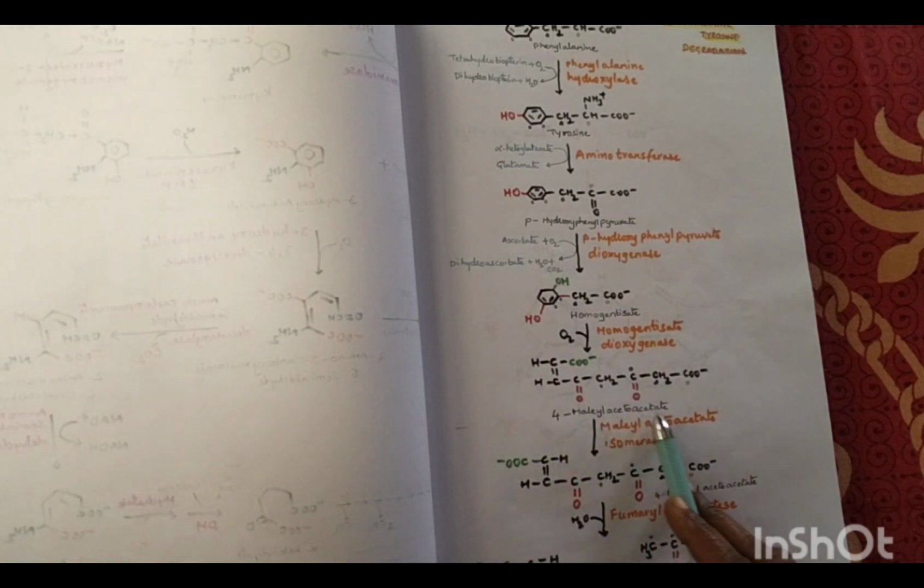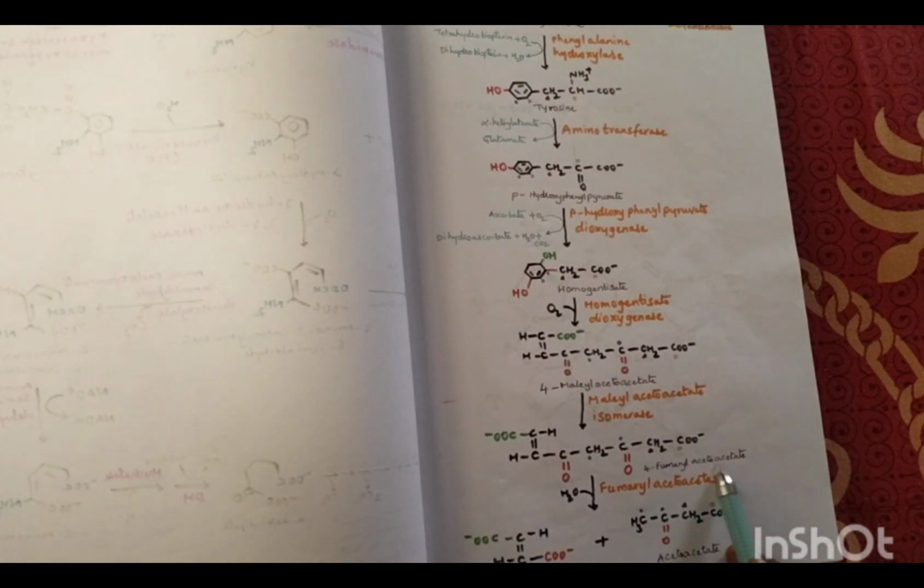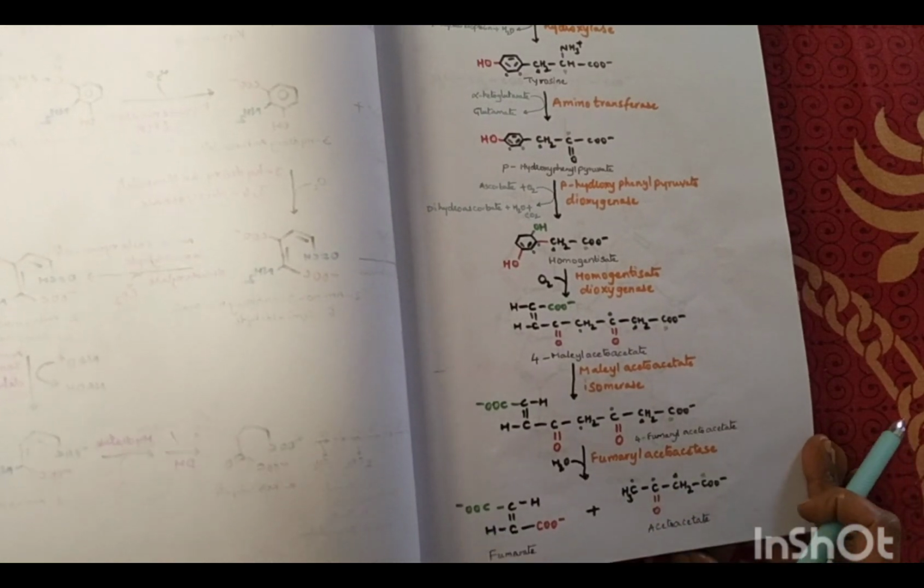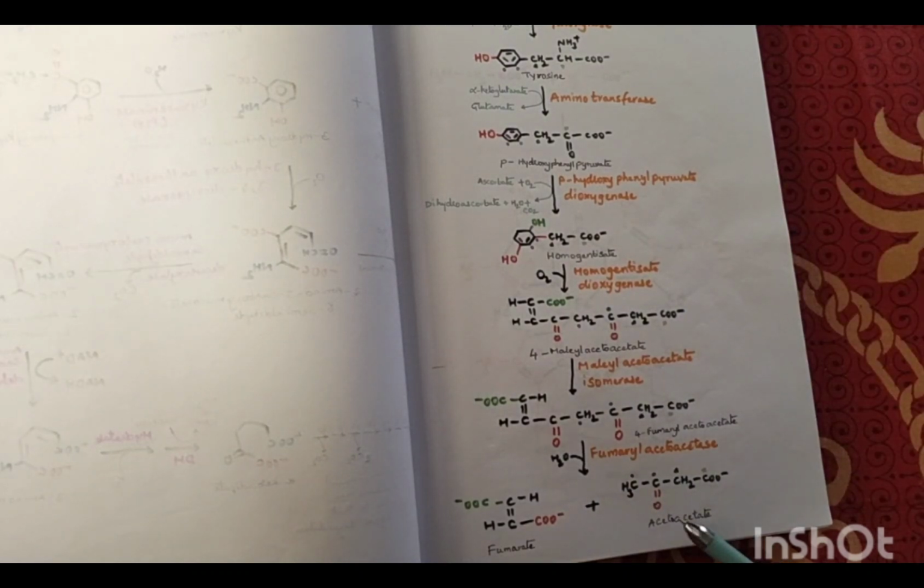This 4-maleylacetoacetate, in the presence of maleylacetoacetate isomerase, forms 4-fumarylacetoacetate. 4-fumarylacetoacetate, in the presence of fumarylacetoacetase, takes in a water molecule and forms both fumarate and acetoacetate. Thus, we can say that phenylalanine and tyrosine are also both ketogenic and glucogenic, as fumarate is the intermediate of the TCA cycle and